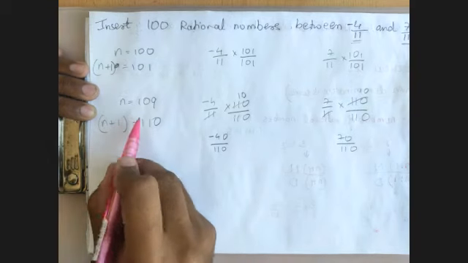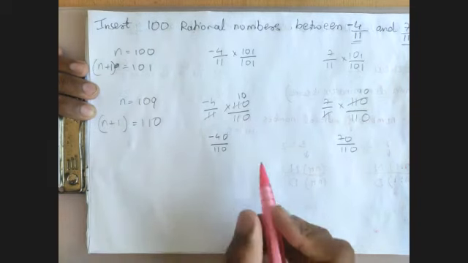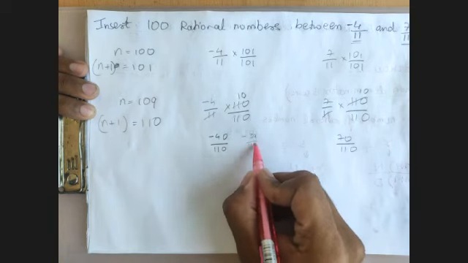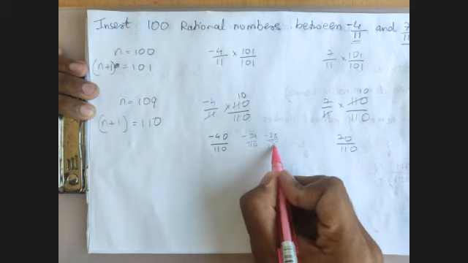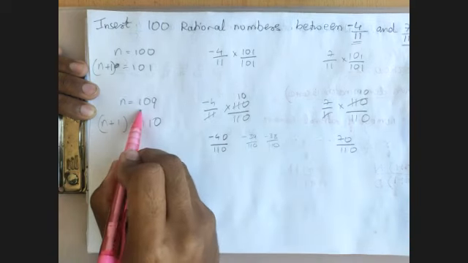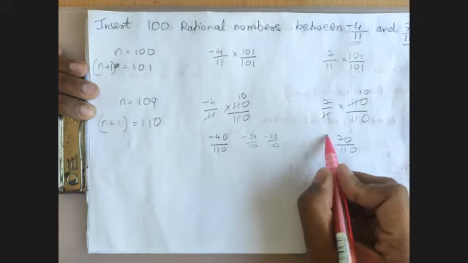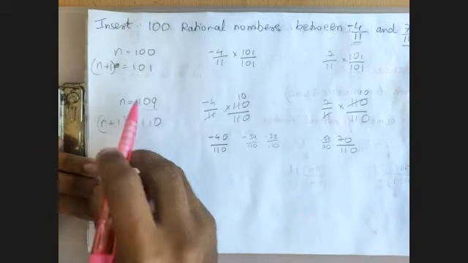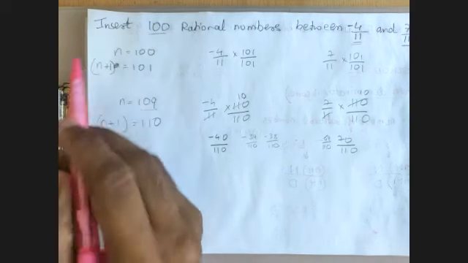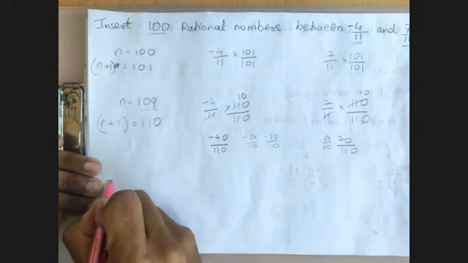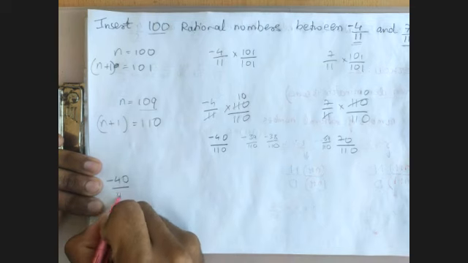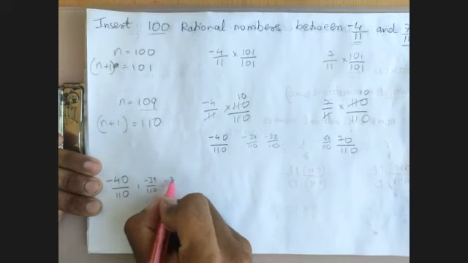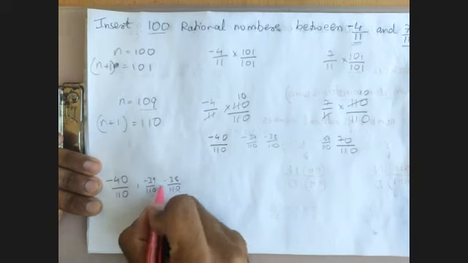Now, how many numbers? This is simple. If I keep on adding minus 39 by 110, minus 38 by 110, and keep on adding, how many numbers do I get till 69 by 110? I get 109 numbers. But how many numbers do I need? I need 100 rational numbers only. So what do I do? I write it like this: minus 40 by 110, minus 39 by 110, minus 38 by 110,